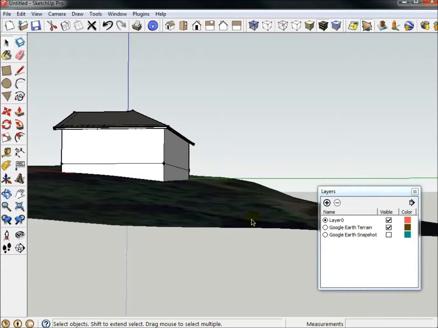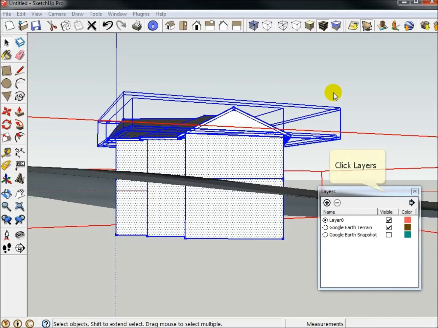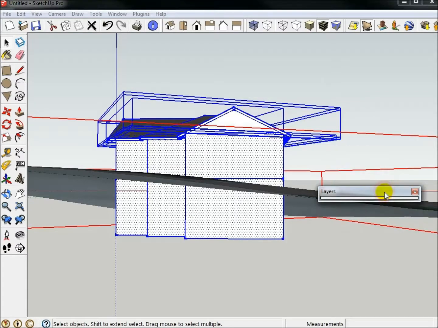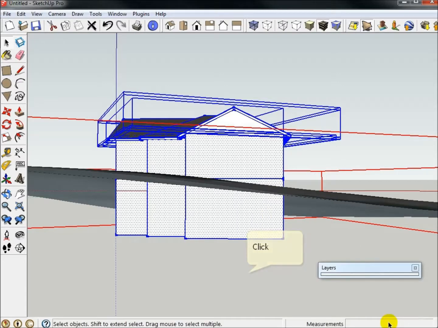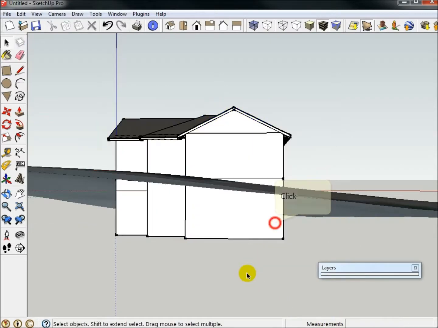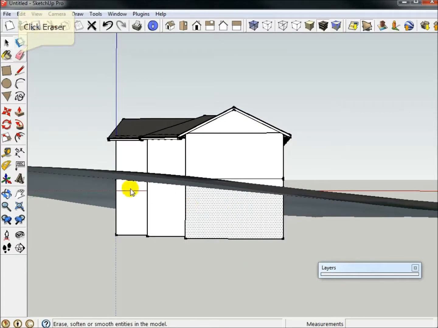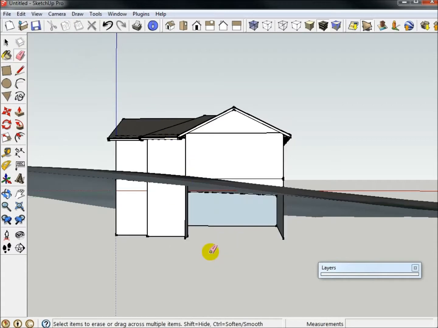So now what I need to do is use intersecting faces to clean this up. So I'm going to pre-select everything with a crossing window, make that smaller, and then I'm going to right click and say intersecting faces, with selection. And after I do that, what I have is that this face now is separated from that face. See that? So now I can take my eraser tool and simply erase, and I like to start from the bottom up,